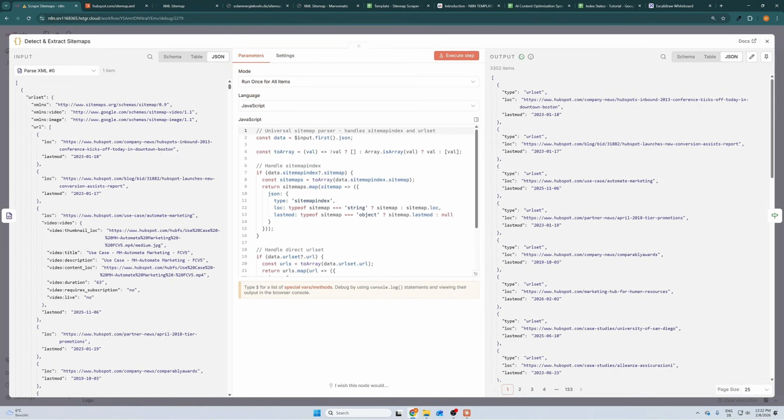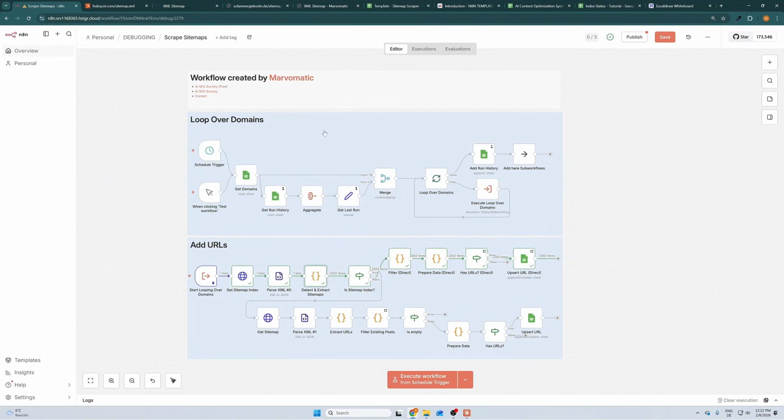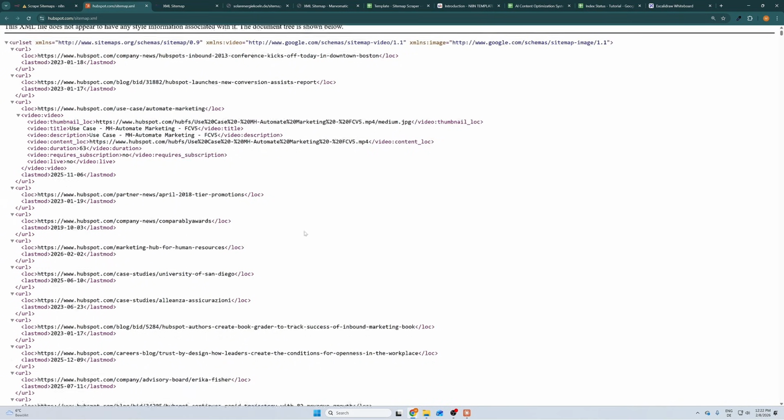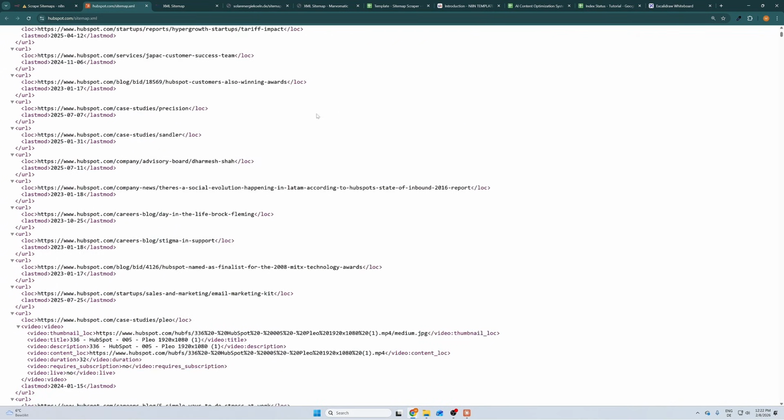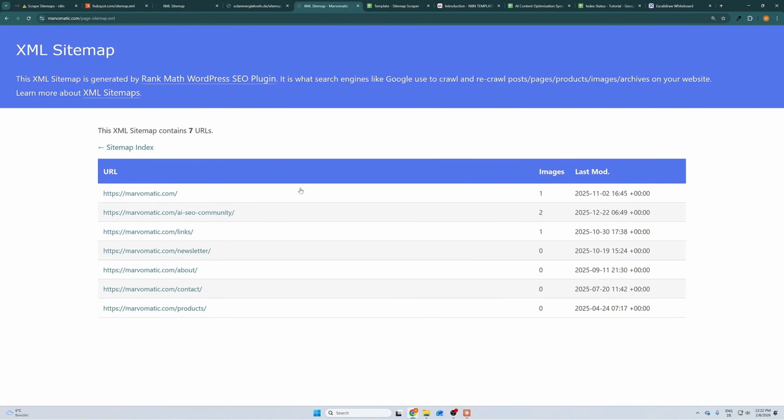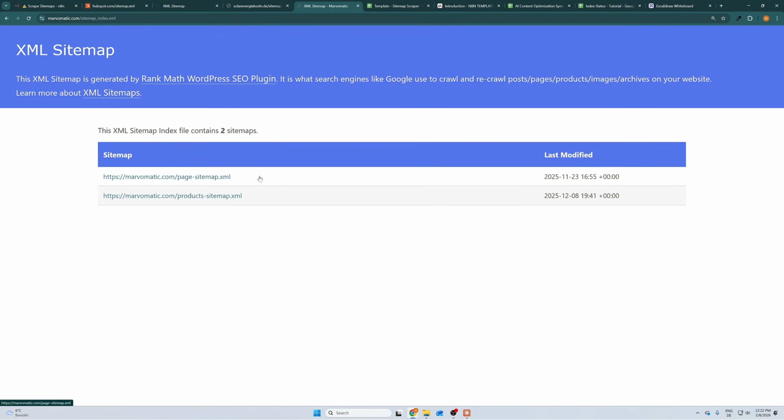of sitemap it is. Because if we have a look into the sitemap from HubSpot, then we can see it's a single sitemap where we have all the URLs. But if we compare it with another sitemap, for instance, with the sitemap from my own website, then we can see there's also a sitemap index, but we have 2 sub-sitemaps where, first of all, the pages are allocated, but also custom post types, like in this case for my products. But let's say you have a custom post type for reviews, specific landing pages, and so forth, then these will